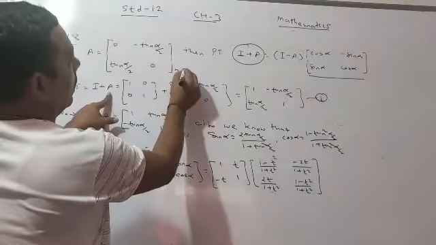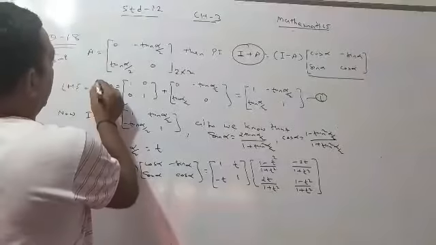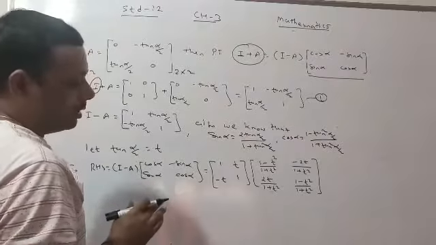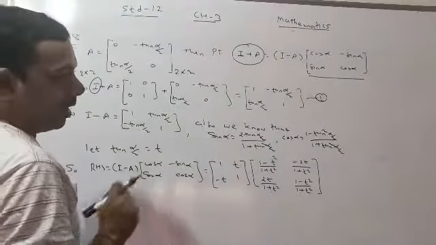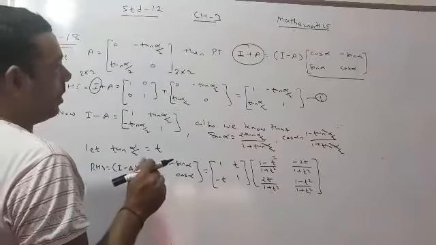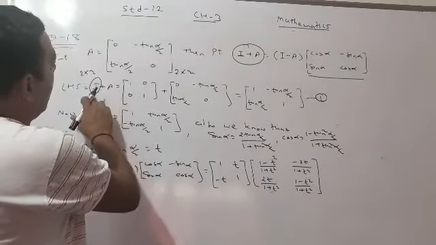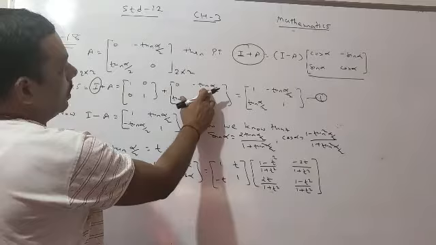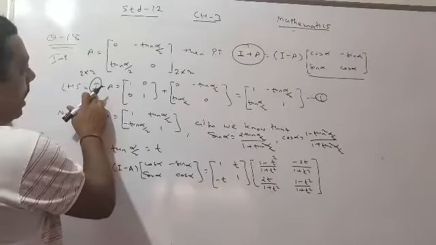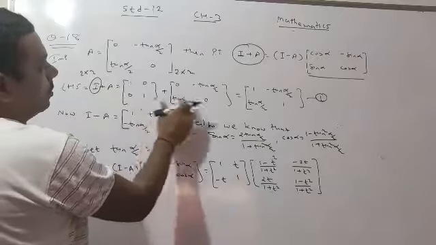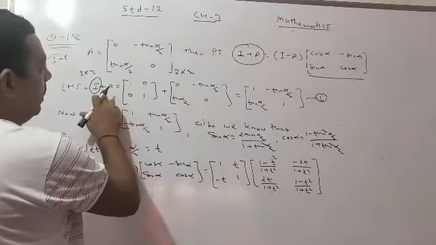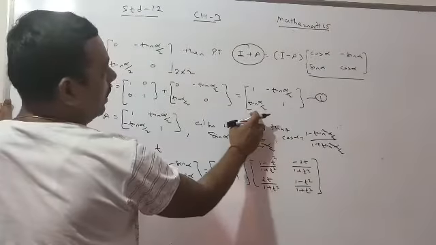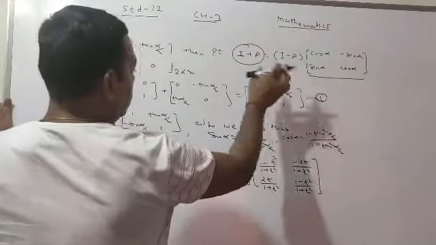As I told you, A is 2 by 2, so you have to use your common sense, and we will consider that I is also 2 by 2. In the previous question, A is a 3 by 3 matrix, that's why you consider I as 3 by 3. I is the identity matrix, and you have to choose it your own way. Now, I plus A is 1 0 0 1 plus 0, minus tan alpha by 2, tan alpha by 2, 0. Now, I means identity, so we wrote this. A is the question, so we copied this. Now we will perform addition. So 1 plus 0, that is 1. 0 plus minus tan alpha by 2, same way tan alpha by 2 and 1. This is my equation number 1 as it is the LHS.